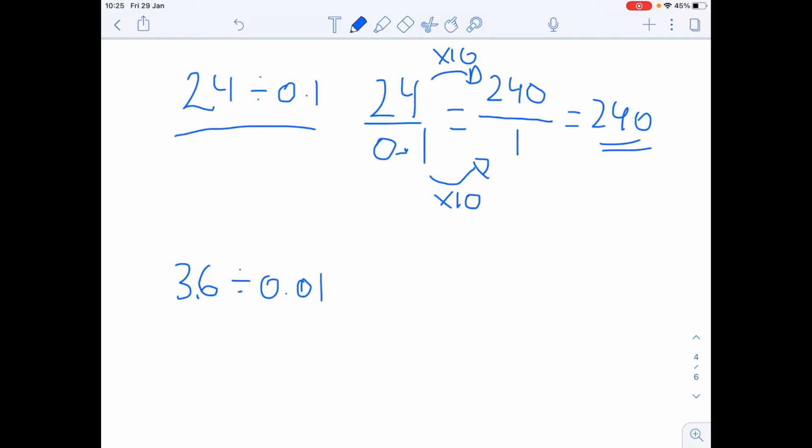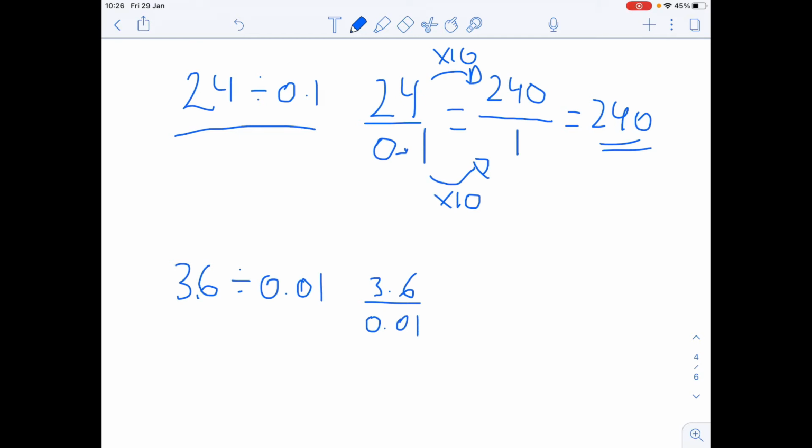So that's a different method to divide 24 by 0.1. You can either use the reciprocal method or the equivalent fraction method. And the question below is the same thing. I've got 3.6 divided by